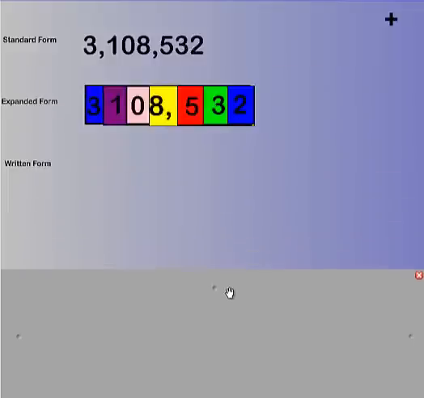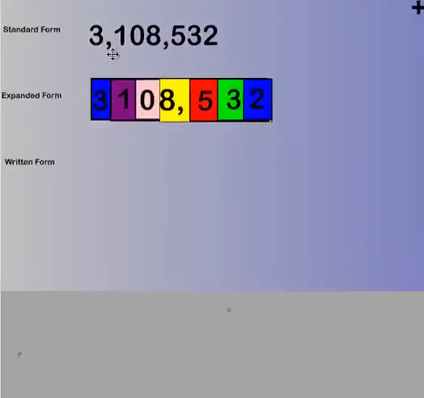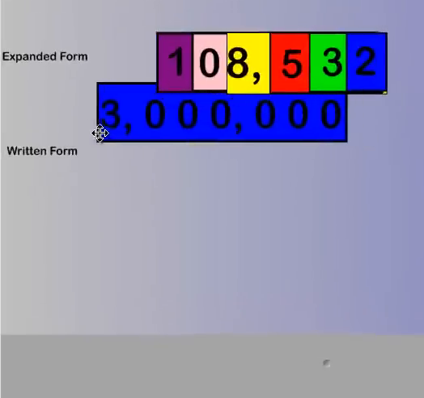This page also has 2 commas, which means the first number is being read into the millions place, and then we have the 108 in the thousands period, and then we have 532 in the ones period. So if I read it across, starting at the millions, 3,108,532. Now if I look at this in expanded form, once again, we are able to take this number apart. So we should have 3 million